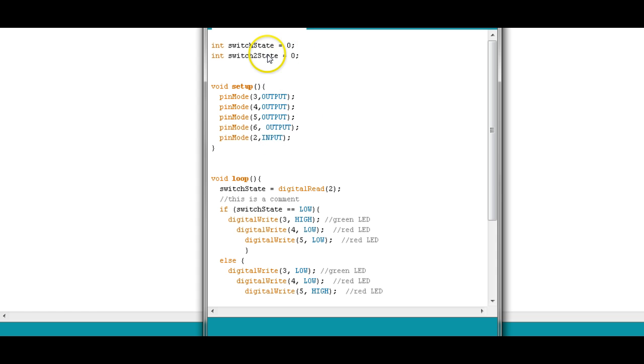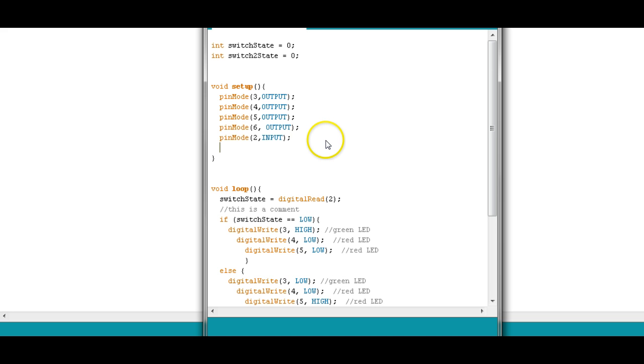Now it has another variable that it's holding on to, and we need to figure out which pin we're going to hook switch 2 up to. So we could say, looks like 7 is available, so we'll go ahead and do pin 7, and we'll make pin 7 an input, because we're going to want to monitor pin 7. All right, now down here,